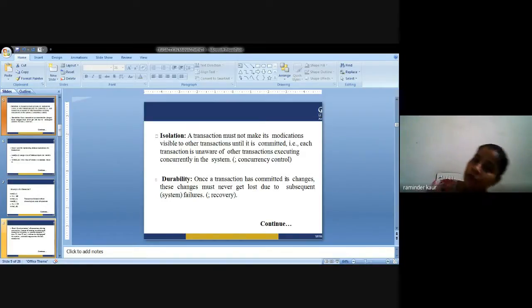Then I move to the third part, that is in the T1 transaction, read B. Read B means 2000. Next is B = B + 50, that is 2050. Next is write B, that is 2050. So in this way, after completing the first transaction, I start the next transaction, and after completing all the parts of the second transaction, I move to the third. So consider the transaction which displays the sum of A and B, that is 2950.